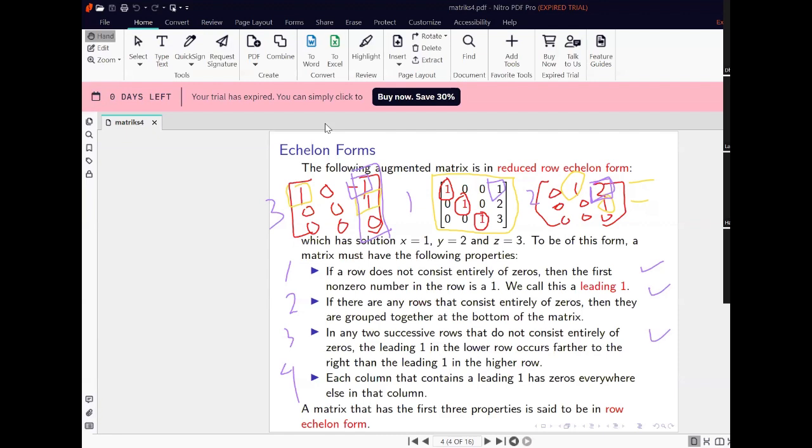Maybe you can help by showing the answer here. This is a transformation of an augmented matrix. For example, this is 1, 0, 0, and 0, 1, -1, 0, 0, 0, 0, 0, 1.